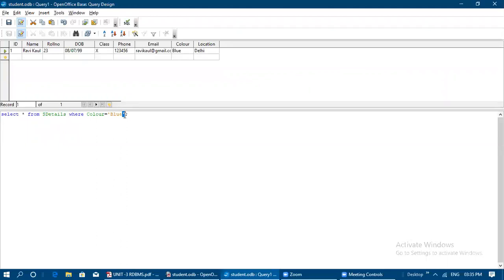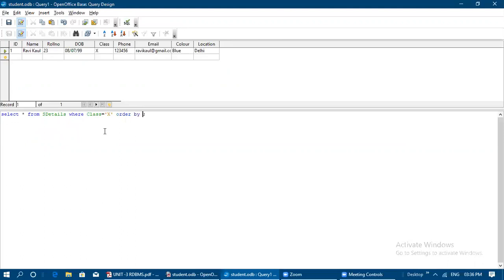Okay, so now order by. So we'll remove this. See, class is the class of all the students. No, it's 10th standard only. So I will give class as 10th, okay, 10th standard, that is given as capital X. Okay, order by also I will give you now.